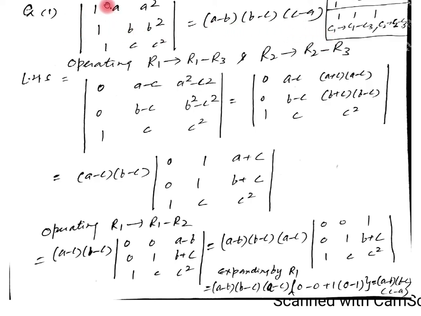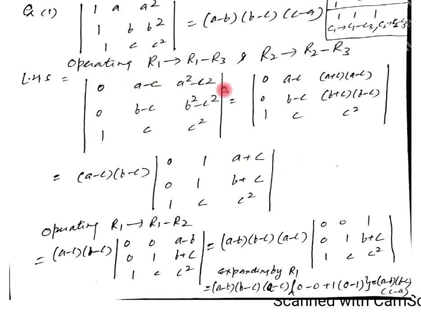Let us see this question again. The main point is, if in any column we have 1, 1, 1, then you have to keep in mind that we have to apply the operation in rows. If we have 1, 1, 1 in any row, we have to apply the operation in columns. This you have to keep in mind. In many questions we have to apply it. Now as in the column we have 1, 1, 1, operating R1 to R1 minus R3 and R2 to R2 minus R3. You should keep this operation in your mind. Then operating this, these two rows become this.